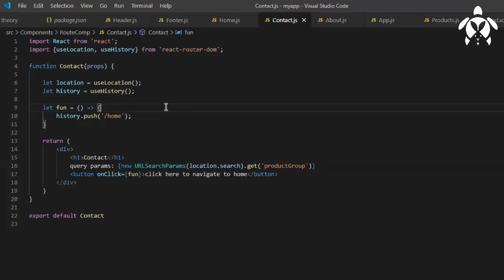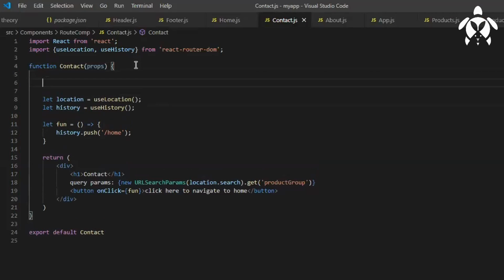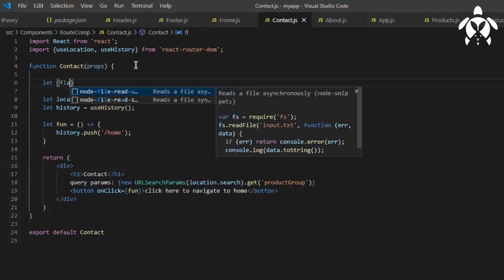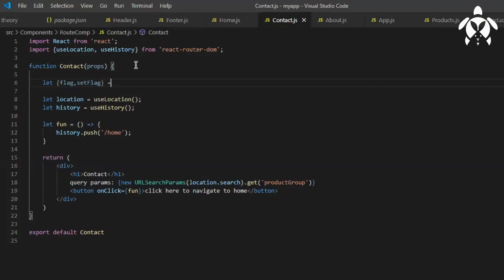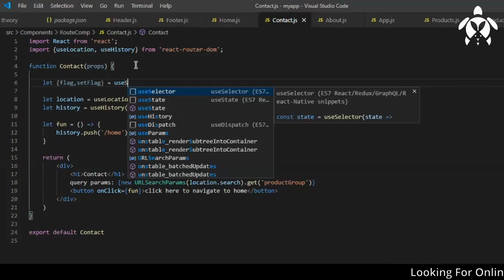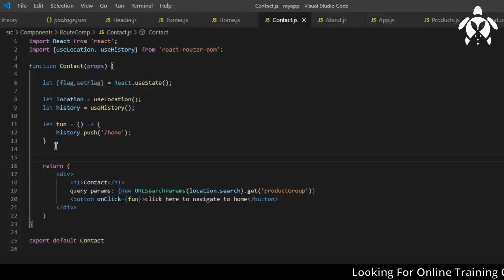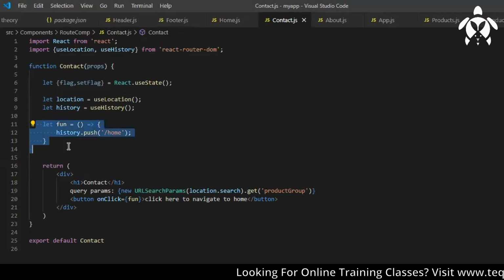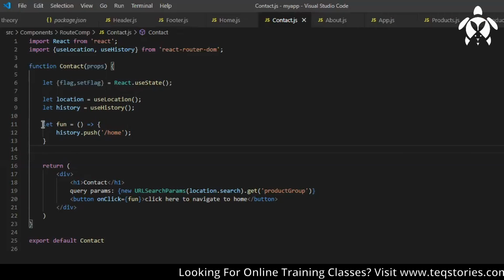There is one more thing called Redirect. With Redirect you can navigate. Let's say I have a flag, with the state flag. Redirect should be used in a class component, and history.push should be used programmatically in a functional component.